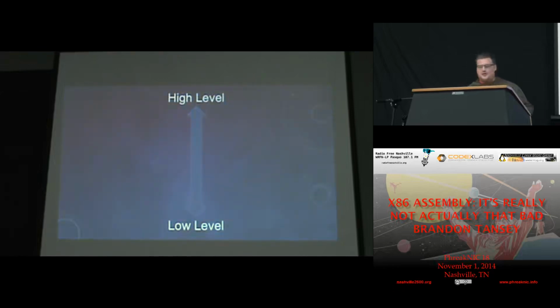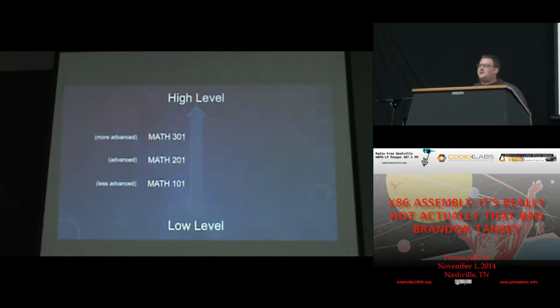on that lovely blue on blue slide. It looks great on my Retina display, I'll have you know. So I imagine a lot of people are familiar with this as a concept, but just to make it clear, we've got this notion of low level and high level. So assembly is what we call a low level language. But it works kind of backwards from how real life does, in that in real life, low level means